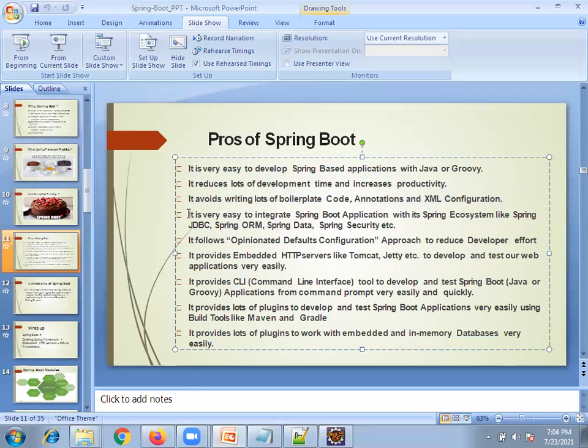It is very easy to integrate Spring Boot application with Spring ecosystems, means Spring modules like Spring JDBC, Spring ORM, Spring Data, Spring Security. Got it? Yes, sir. It will provide inbuilt HTTP servers like Tomcat and Jetty.